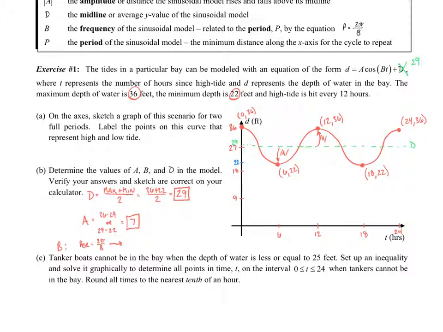I know that it takes 12 hours for one full cycle. So that means that the period of the function is 12. So 2 pi divided by b equals 12. And from there, hopefully we don't have too much trouble with this. What I would do is multiply by b on both sides. That would cancel b over here, and then I would have 12b, and then I would divide by 12, and